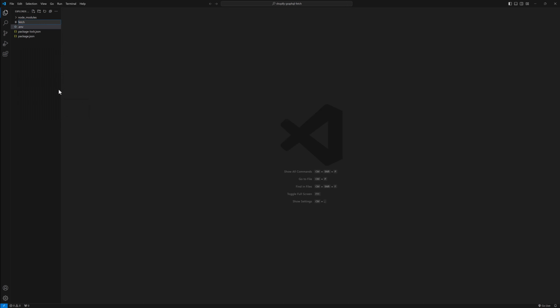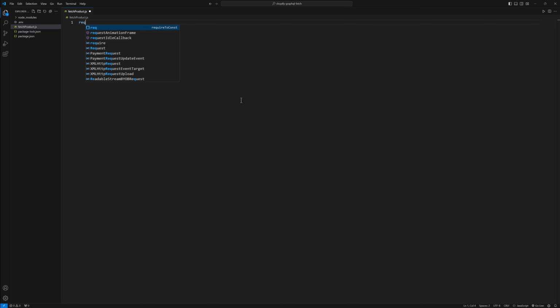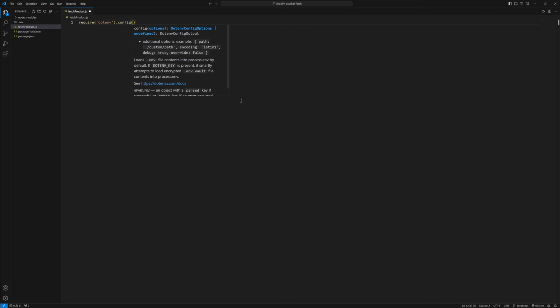Next file I'm going to create over here, fetchProducts.js. You can name it anything, but in my case I named it fetchProducts.js. So now I will call these modules. First I will require the dotenv module .config,